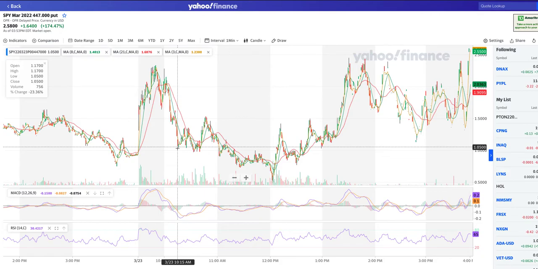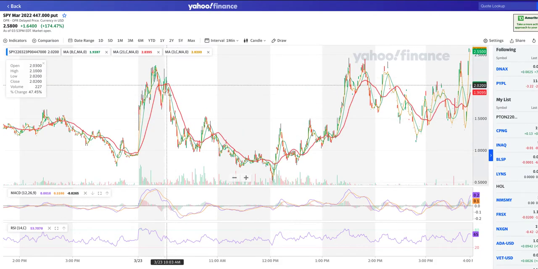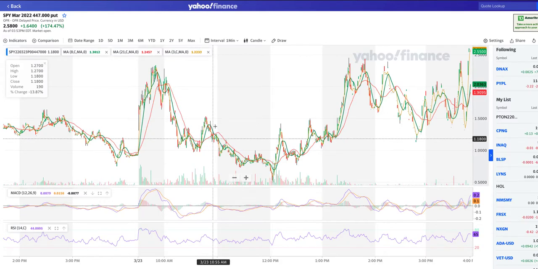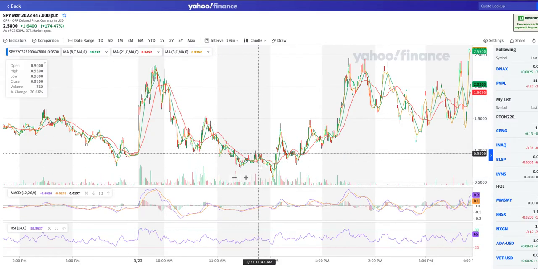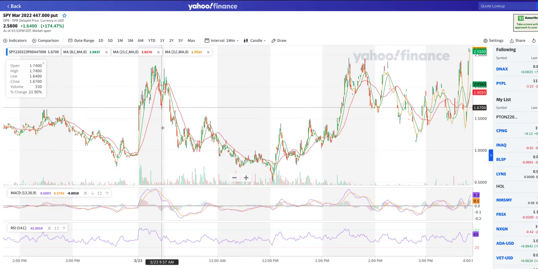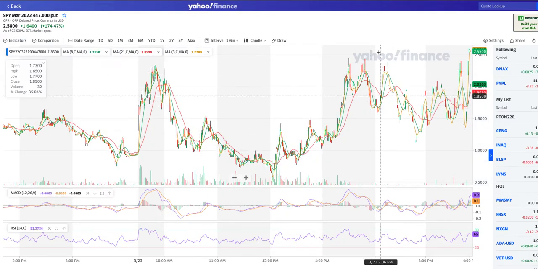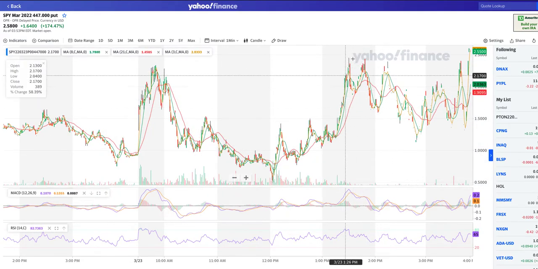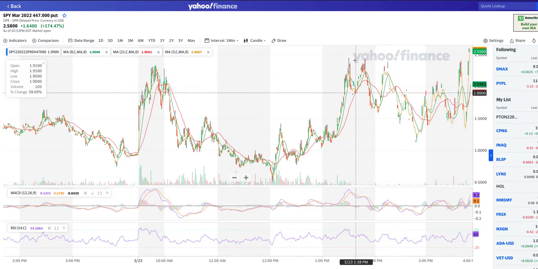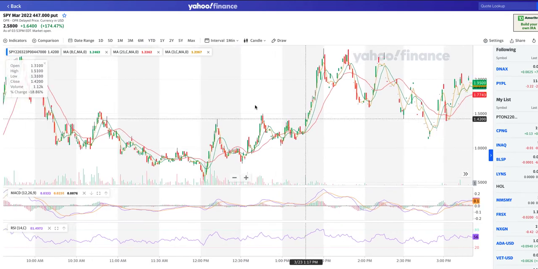But don't be fooled here, because this going low means that the price of the put option is going low, and this is why you see a lower price of $20 something on the low of the day price. The high of the day price is going to be somewhere up here where these high candles are. So let's take a look at that. So you got out of your